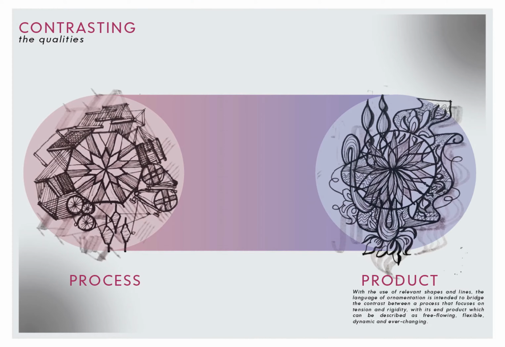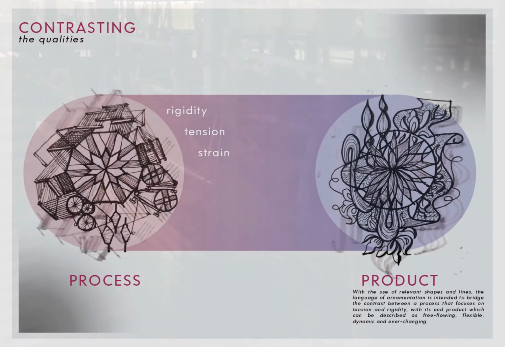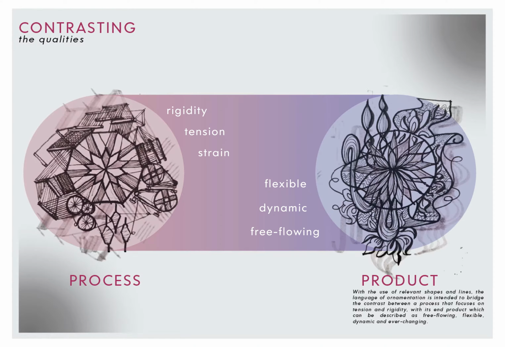As I closely examined the sketches I have made, I began to notice the difference between the process and product of textile creation in the fact that the process was one founded on creating tension, rigidity, and tightness through pulling and pushing movements. In stark contrast, the product is evident in portraying fluidity, softness, and bendability, which is further explored